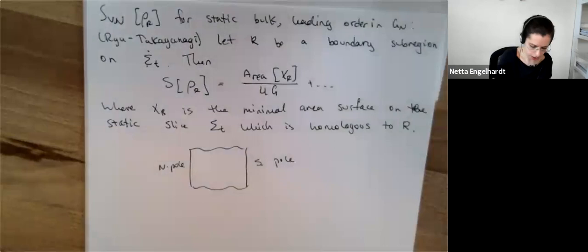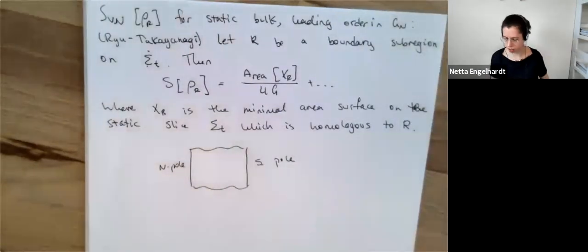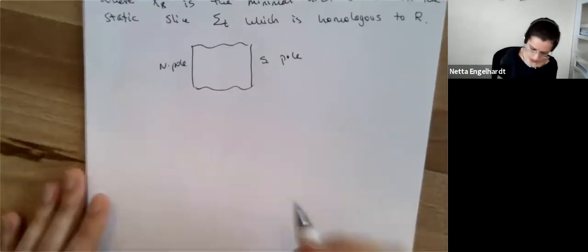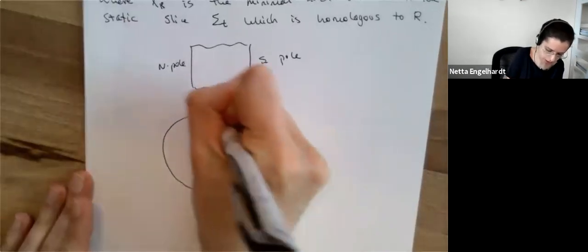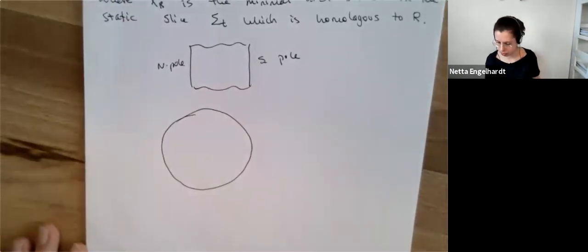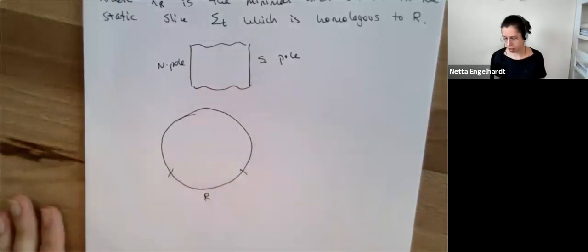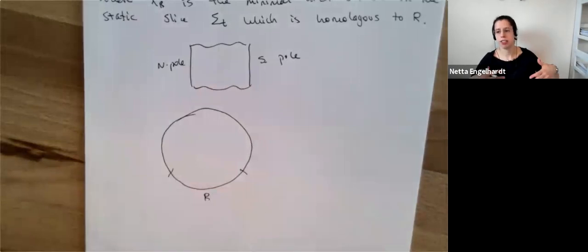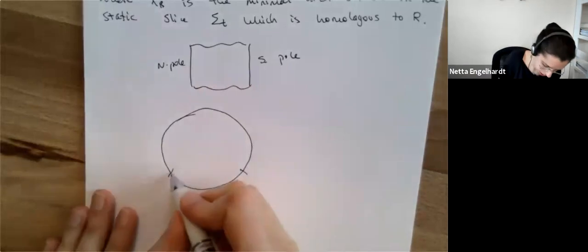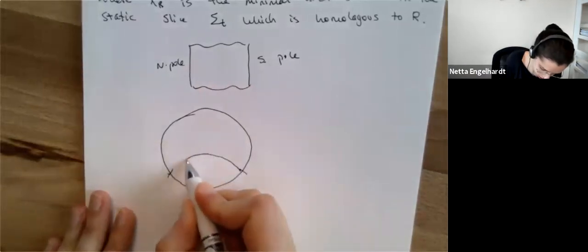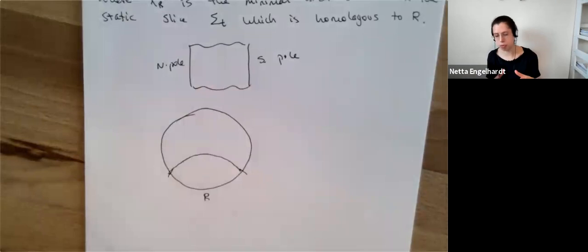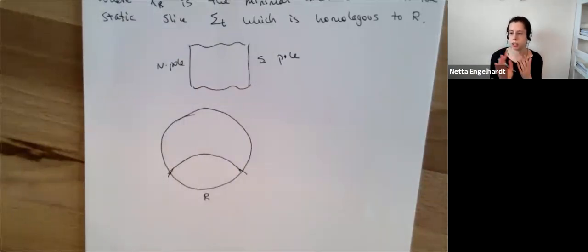Okay, so let's take a look. I just have a picture here of what this might look like. Here we're looking at a slice of AdS and picking a boundary subregion. We expect that the surface will actually want to hang into the bulk, to go in rather than stay close to the asymptotic boundary, because of the AdS warp factor. Because of the warp factor, areas get smaller as you go deeper into the bulk, so it's advantageous for this surface to go deeper in.